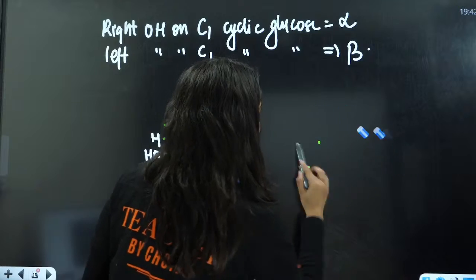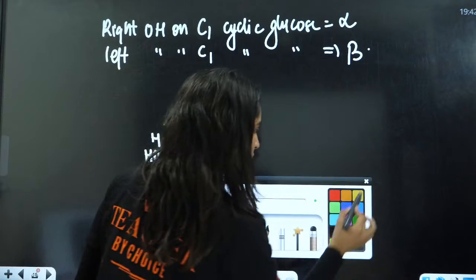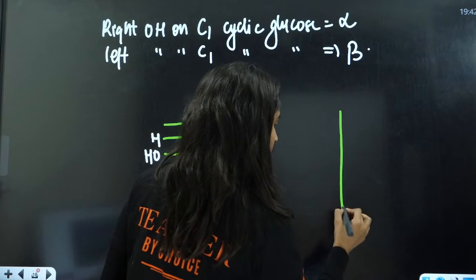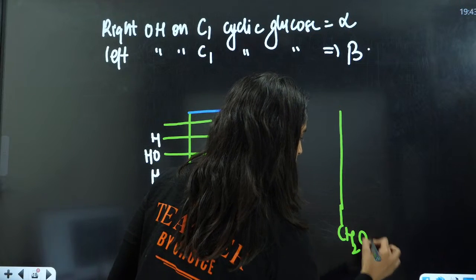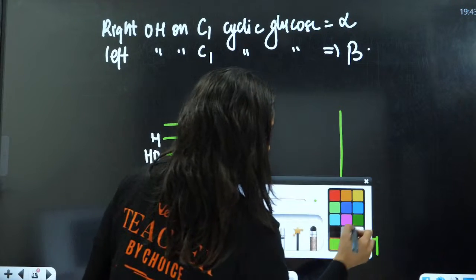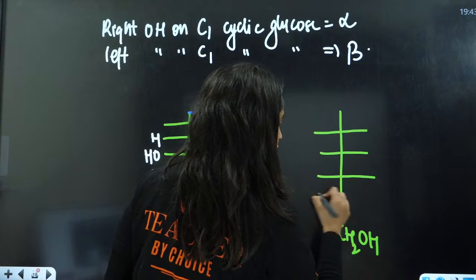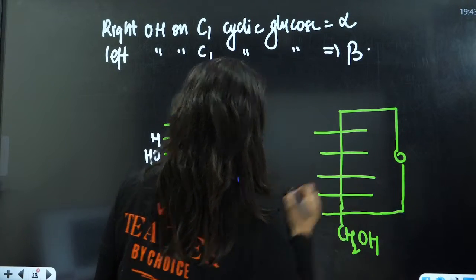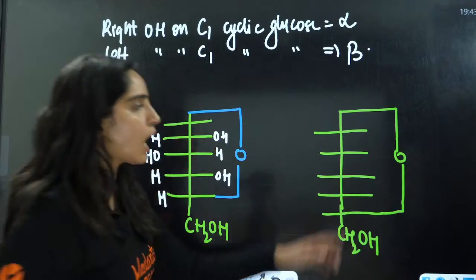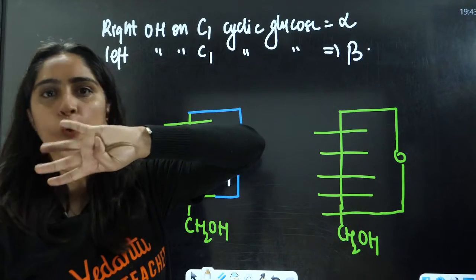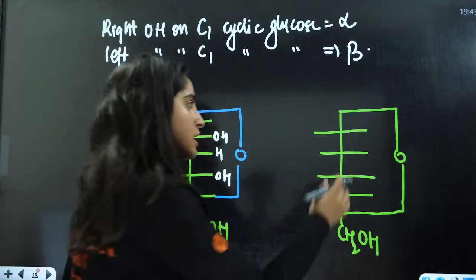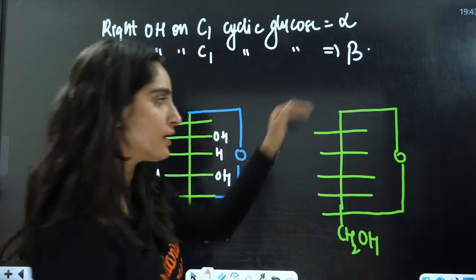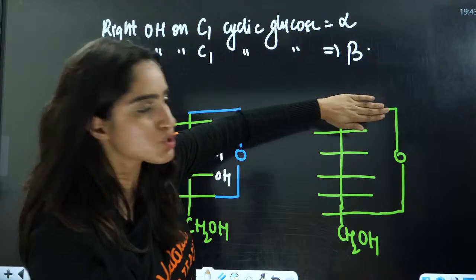Okay. I don't know why I am drawing one less. Wait, bacha, wait. This is CH2OH. This is 1, 2, 3, 4, 5. The O bond is here. And now we have, see, apart from this linkage, we have 4 more vertical lines. Just forget about this one vertical line. Otherwise, you have the same structure as glucose.